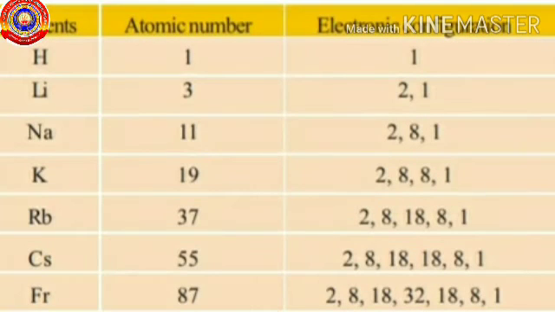So from this, what can you understand? The chemical properties of elements depend upon the number of electrons present in the outermost shell. Here the number of electrons is 1. So these elements present in the same group exhibit similarity in their chemical properties. Okay. Now analyze the periodic table and write the group and period of the elements given in this table. Find out, is there any relationship between the group number and the number of electrons present in the outermost shell?